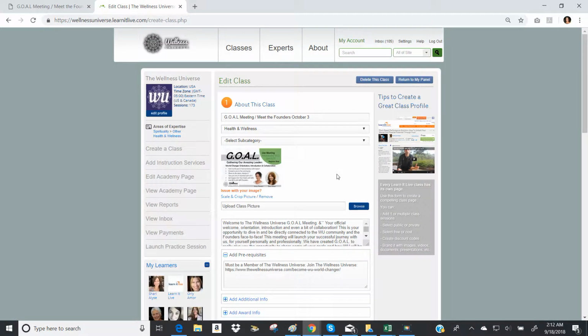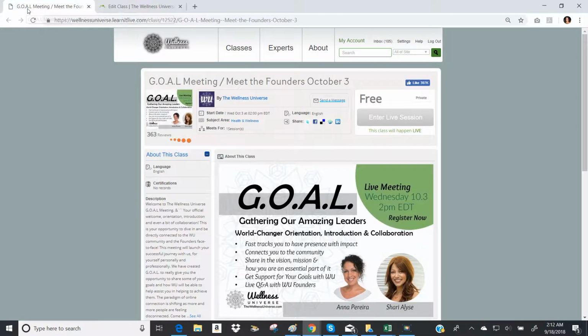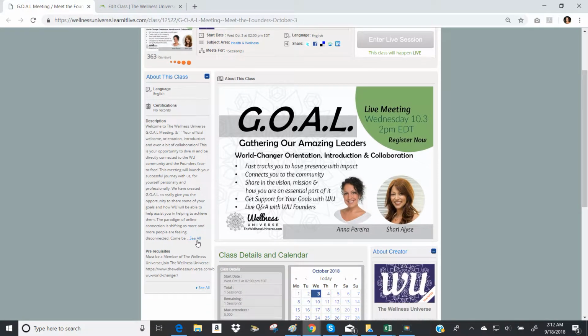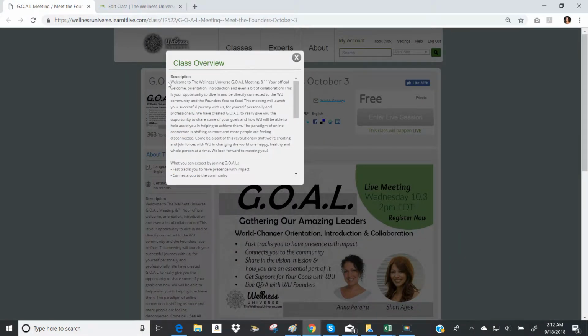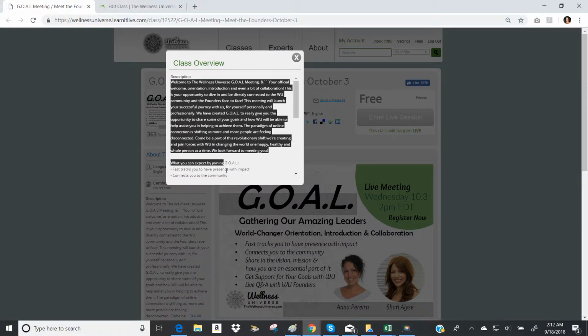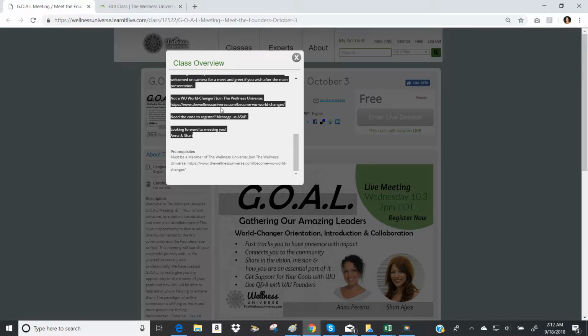And here's a really important tip of why I left the class open in another tab. As soon as I put my cursor in the class description, the entire description disappears. So you want to go back to your original class. You want to click on See All. You want to copy and paste your description of your class